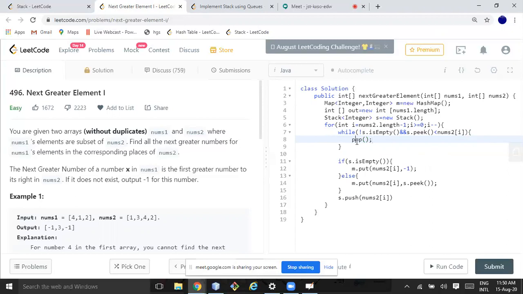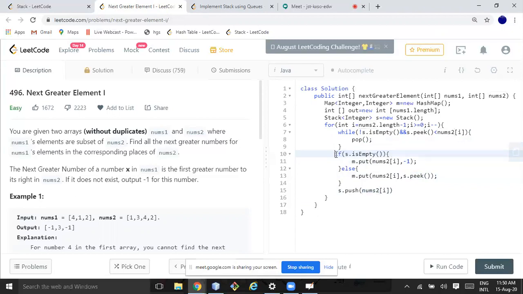I'll do the pop, and then I'm doing s.peek, and then here I'm pushing. Let's see how it goes.